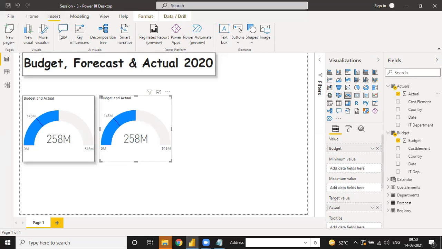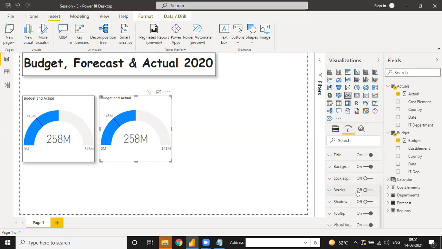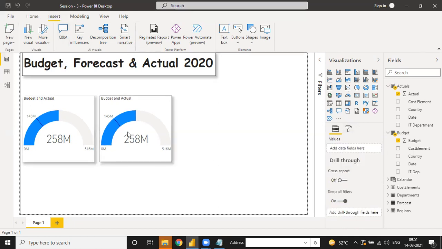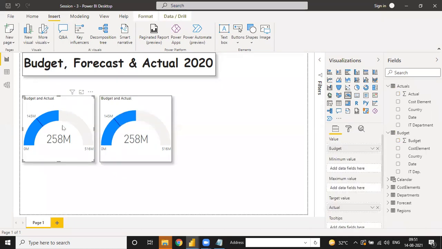So there is a benefit of question and answer when you have no knowledge about the visualization. Then you can choose question and answer, and it helps you to maintain your chart or visualization according to your need, and it is correct as per the complete visualization. See, there is the correct one. There is no difference between these two, but this one is maintained via question and answer and this one is maintained directly.